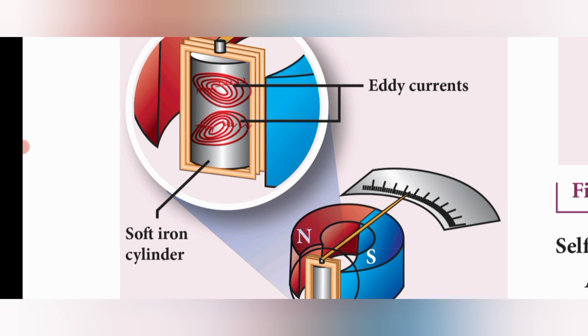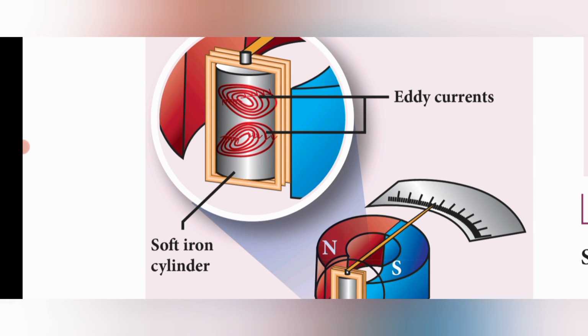So always the zero deflection. When you are taking readings, or when the pointer gives a deflection from any side, it immediately comes to the rest position because of electromagnetic damping. Because of the eddy current produced on the armature, it immediately comes to rest. So these are the four applications which use eddy currents.